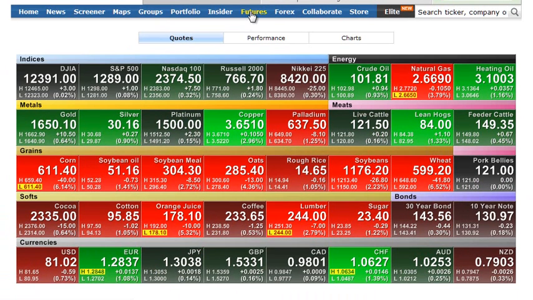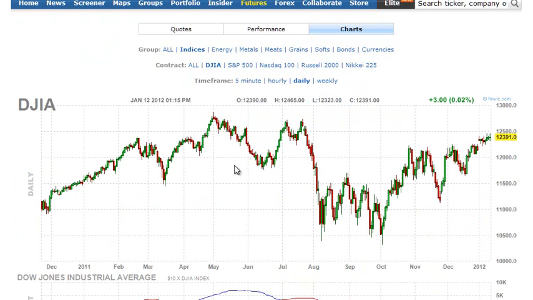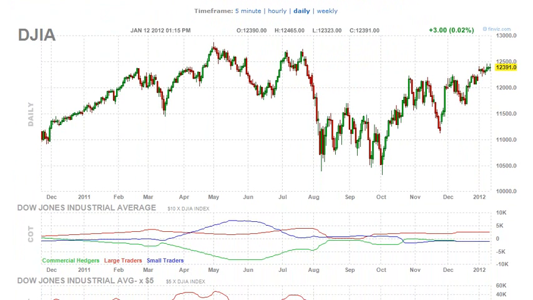One, I really like this futures scanner because what I can do by clicking on that link right here is pull up all the commodity futures. You can see the currencies down here. The Dow is here, as is the dollar. And let's take a look at the Dow. It's a daily chart